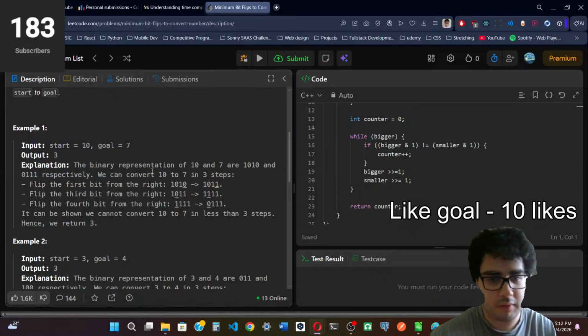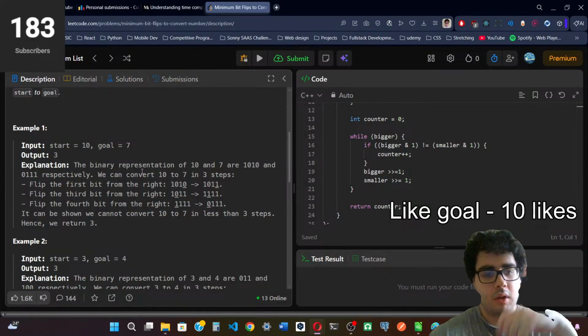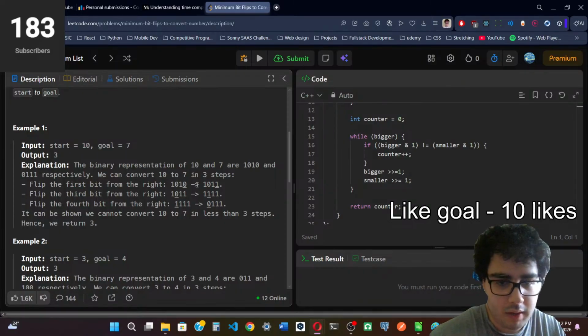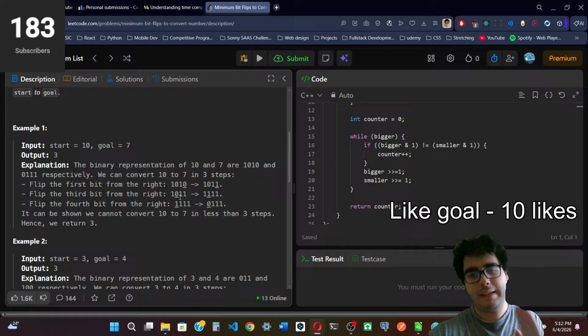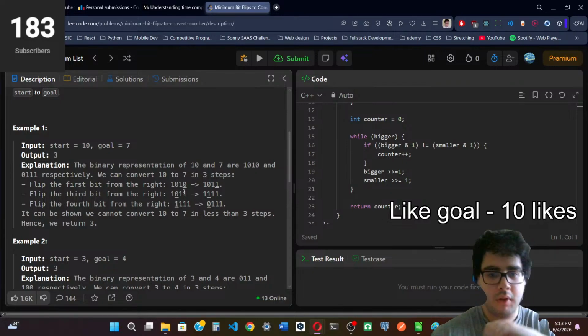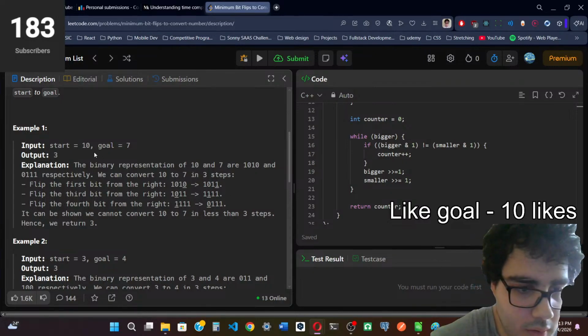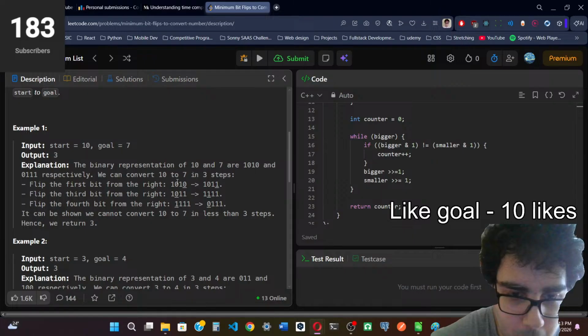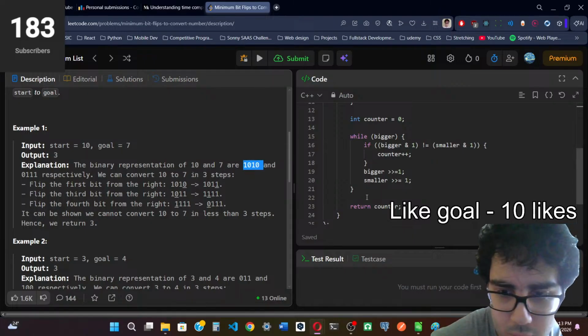We can convert 10 to 7 in 3 steps. Flip the first bit from the right, flip the third bit, flip the fourth bit to the right. So basically what we have to find here is in how many different positions the bits differ. Okay, so as we can see in this example, where we have 10,